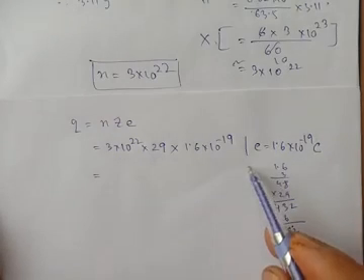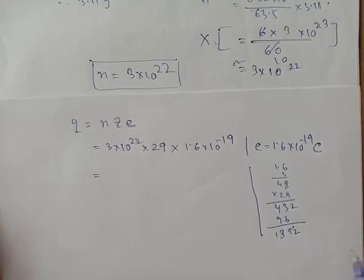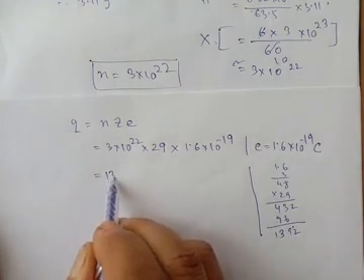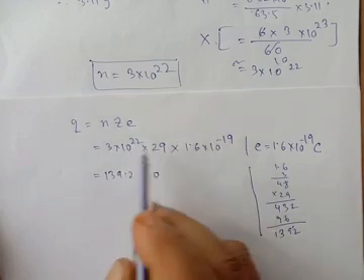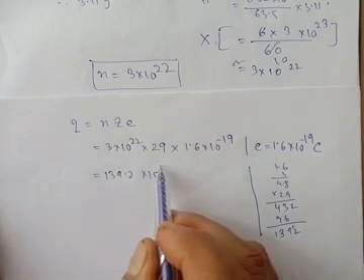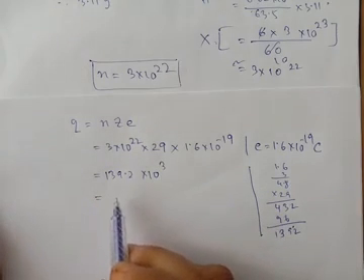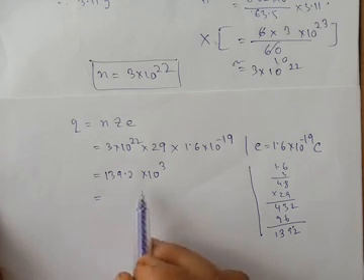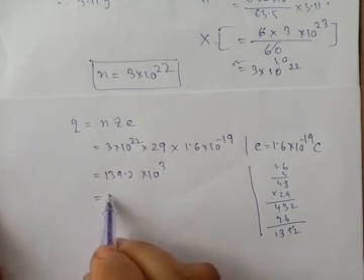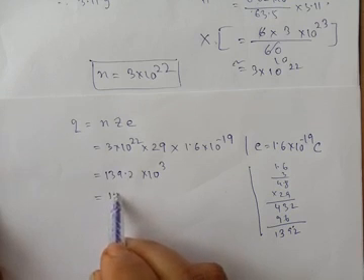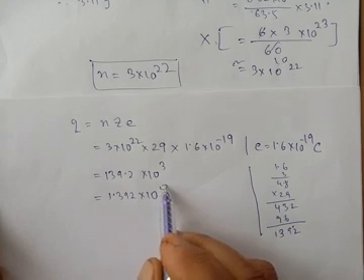Now the rough calculation is shown. The calculation is shown in our site. So this is equal to 139.2 into 10 to the power 3. In general, when we express any expression in power form, we keep only one digit before the decimal point. So 1.392 into 10 to the power 5.